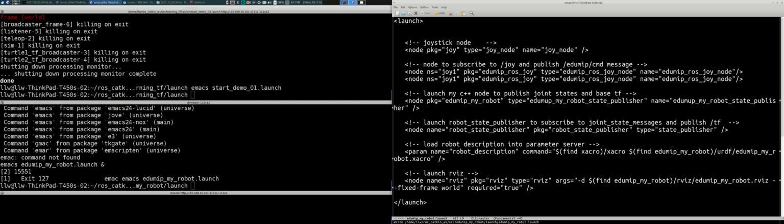And now the node right here that's known as edgemit ROS joy node will appear as the node /joy1 /edgemit ROS joy node. And if I declare my topics in that node, when I publish topics and if I subscribe to topics, if I don't provide a leading slash in the name that I publish to and subscribe to, then it will automatically inherit the namespace. If I provide a leading slash, then ROS core will say, oh, okay, they really want to publish to that absolute reference from the root, and so